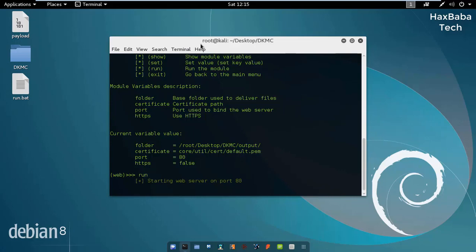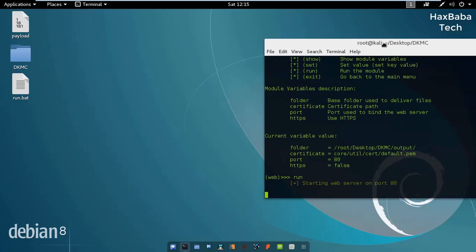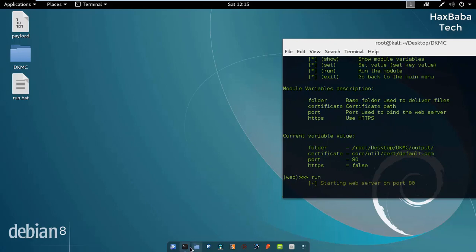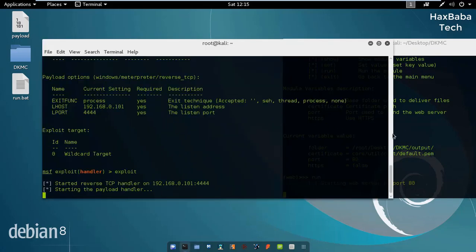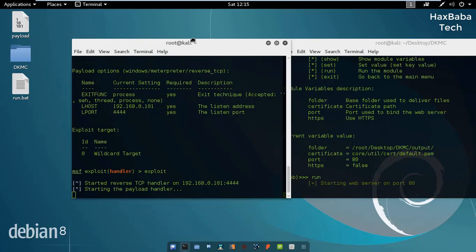Now we have to social engineer the victim to run this batch file, or you can embed this PowerShell code in a USB Rubber Ducky. It's up to you how you deliver it. I just transferred it to my Windows 10, which has Windows Defender activated and running.